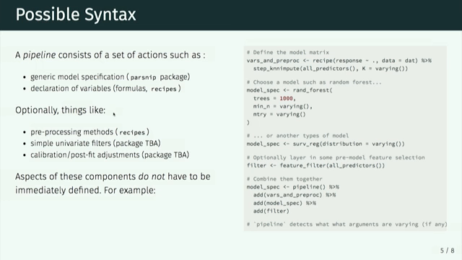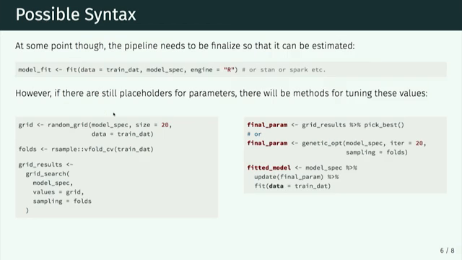So we take our model specification, and if we knew all the things that we wanted to do, if there were no varying parameters there, we can just put that in a fit function and tell it what engine to use, whether you want to use Stan for the mixed model or lme or lme4 and so on, and just have it go do the fit like it normally would. And we take care of what that model fitting expression is under the hood, so you don't have to worry about, well, wait, what is it in Stan versus lme? You don't have to necessarily think or worry about those differences.